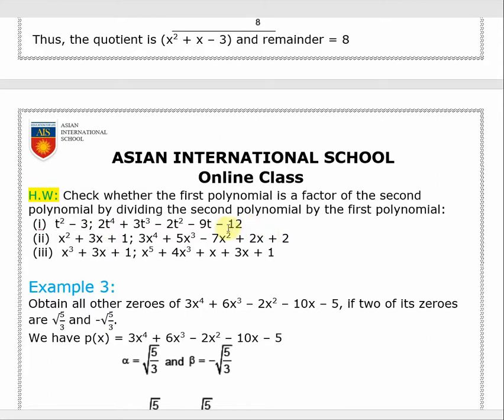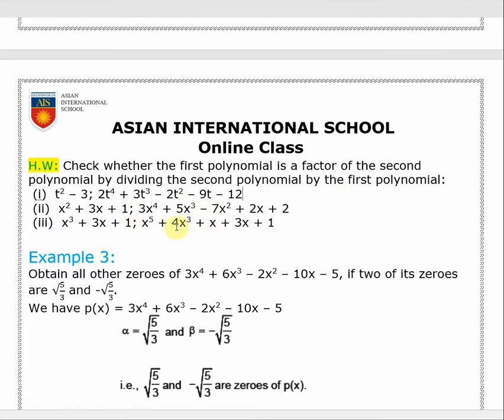Now this sum can be done with the remainder method also, but this particular one is asked to be done by division. This sum is asking the division to be done. The remainder method is not applicable in this sum, but the sum can definitely be done with the remainder method. But here we have to do the division, the long division method.